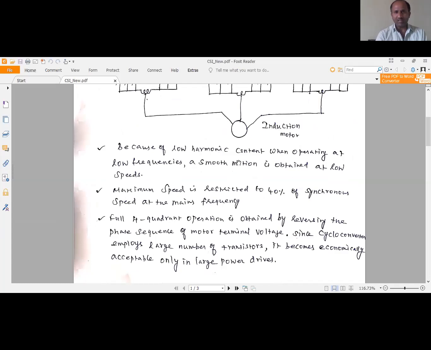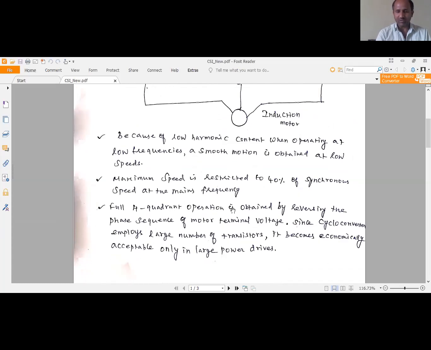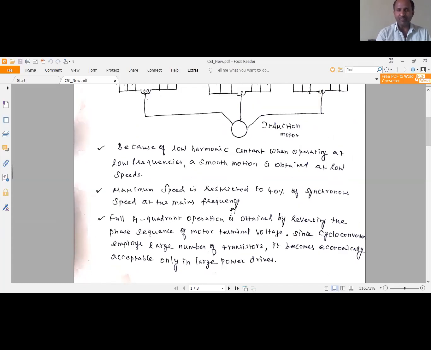These are the motor terminal voltages. By reversing their sequence, the 4-quadrant operation, either motoring, forward braking, reverse motoring or reverse braking, is possible. And since in the cycloconverter we have used only thyristors.